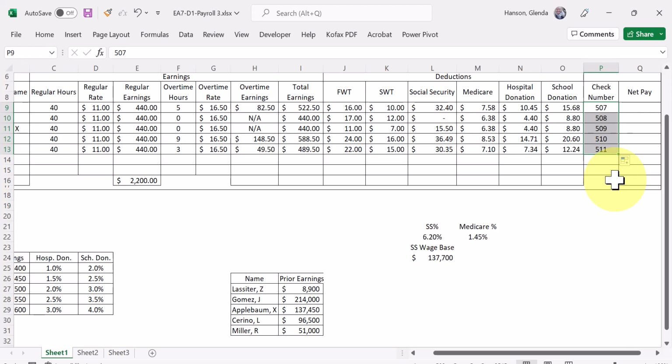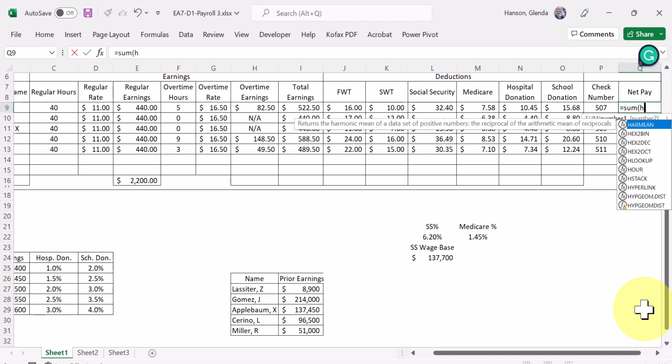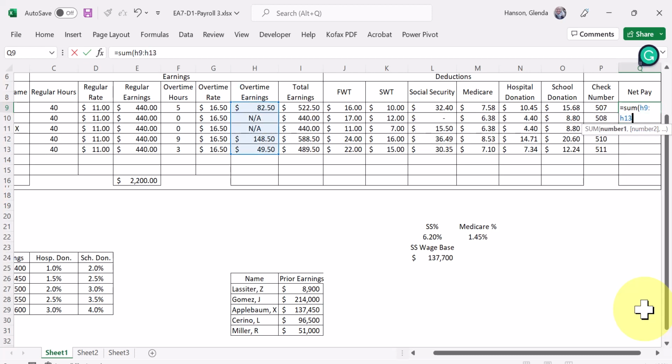and the last one is a very simple one. Our net pay, remember, is taking our total earnings minus all of our deductions. So we're going to type equals sum, open paren, oops, I got something else in there, equals sum, open paren, H9 to H13, close the paren, press my enter key, net pay